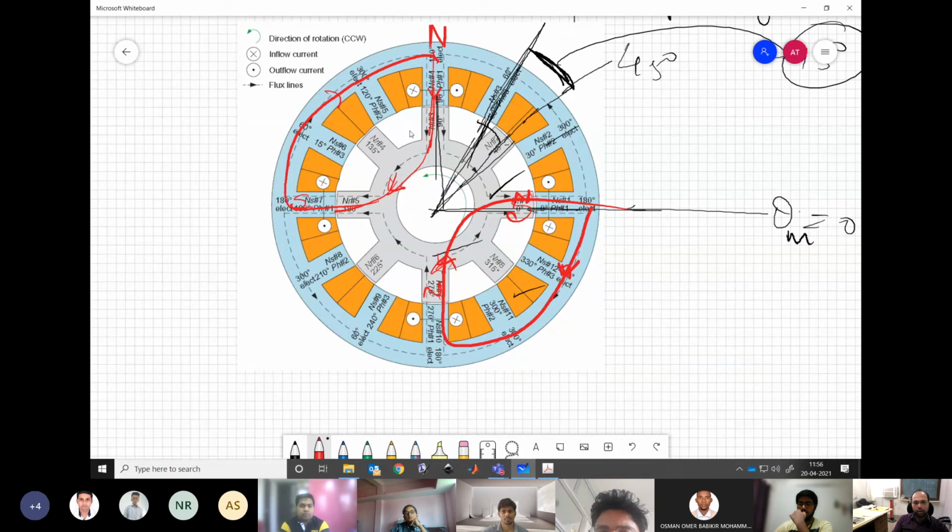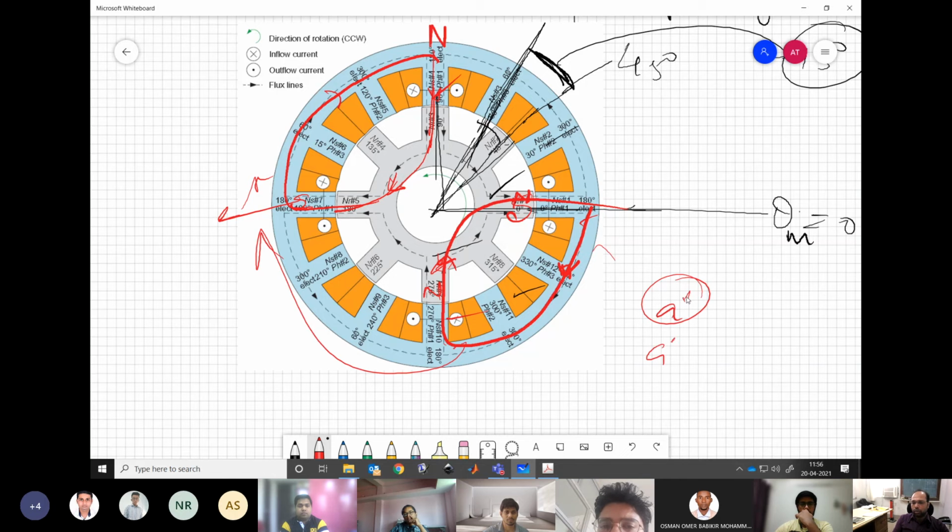Now all these could be connected. These both can be connected in series, and then these two in series, and both of them can be in parallel. So ultimately you will have only two terminals, A and A dash, let us say. Understanding my point, right? Yes, sir. This is how we can orient our poles so that we have a nice flow of the flux in the core or in the machine. Similarly, for other phases also, when they are aligned, you can draw. This is how the flux may look.